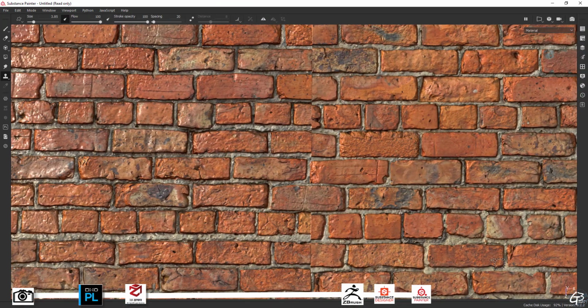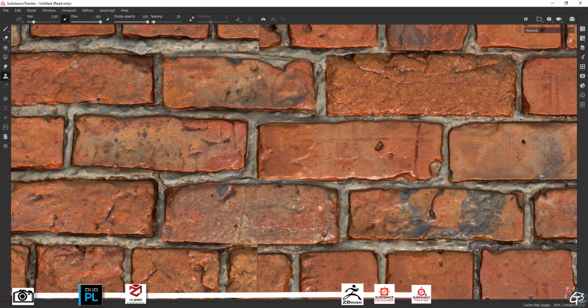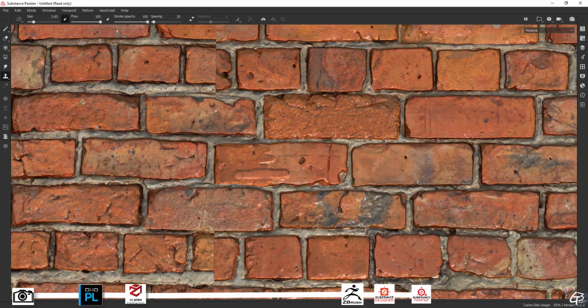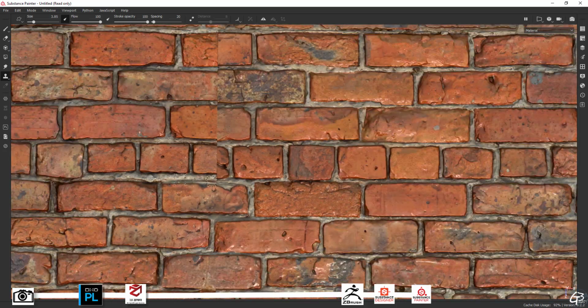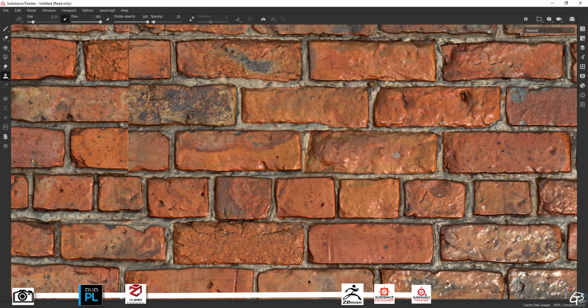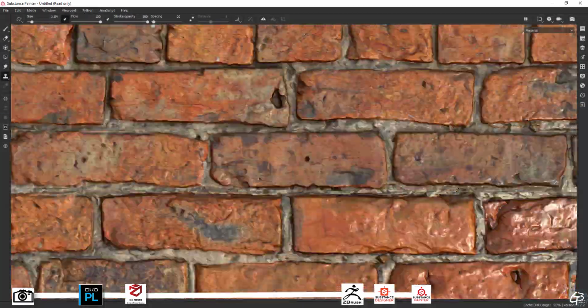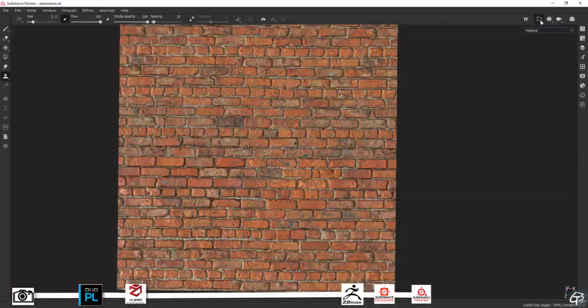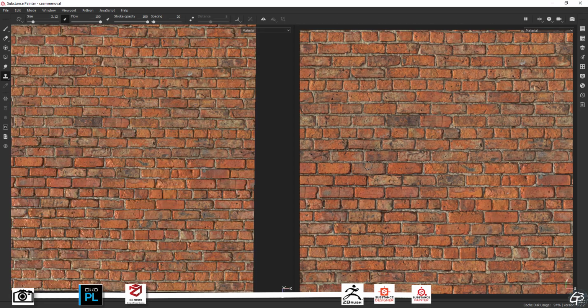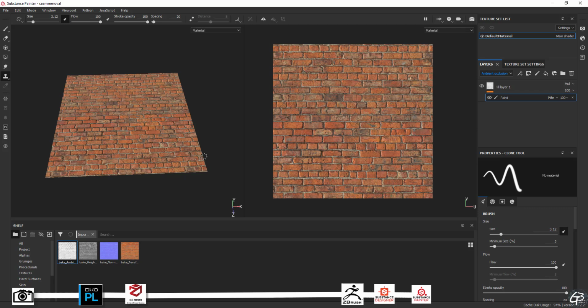Now we need to solve the puzzle and copy and paint bricks to cover the seam area so they look natural. I suggest moving the light around from time to time to make sure everything works fine. When we are happy with the result, we can export the final textures.